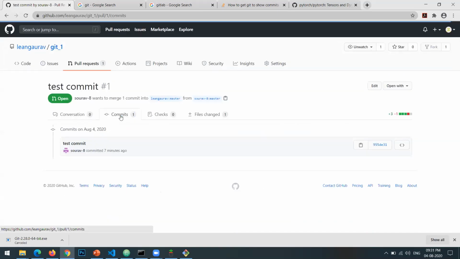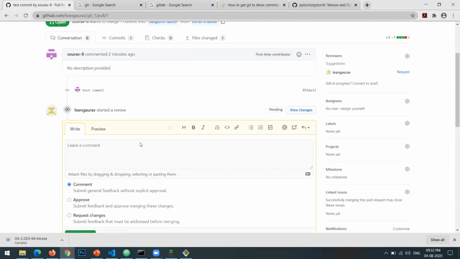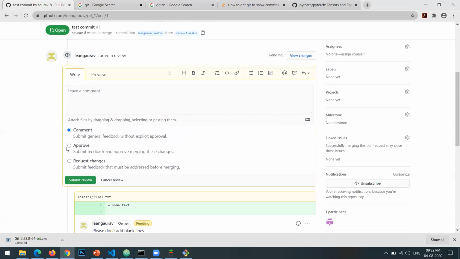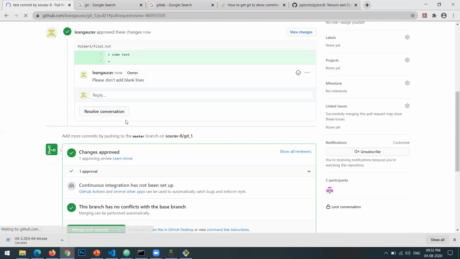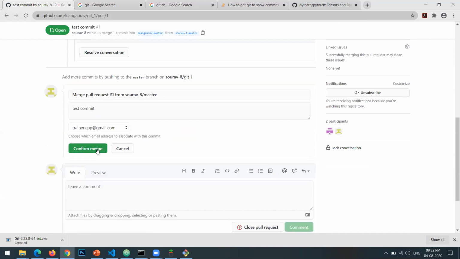So if I go over here, to commits and the conversation, you can see that I have started a review, and I can submit a review. I can either approve or ask you to make changes. I'll just click on approve for now. I'll submit the review, and right now this is still not merged. After this, I do merge pull request and click on confirm merge,